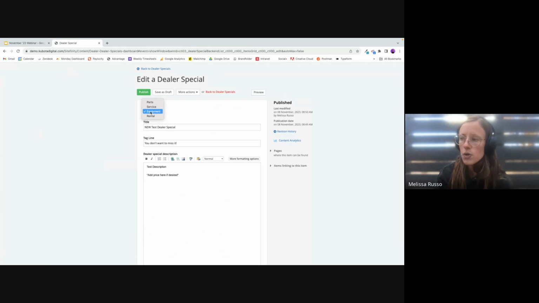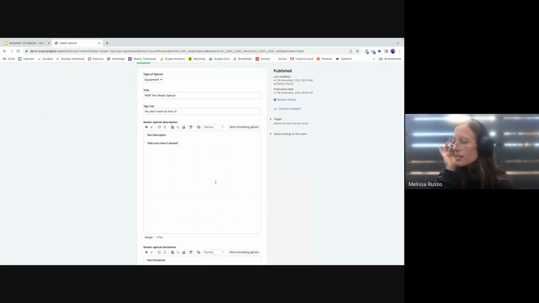So you just want to make sure that you select equipment, and give it a title and a tagline. You can add a description. This kind of works like a normal content block. You can have additional formatting options if